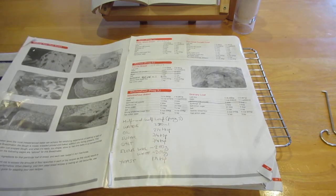In the old recipe book that I kept from our old bread maker, which stopped working, it suggested 1 teaspoon, but I actually made some French bread, used the recipe that was on the packet, and that didn't have any sugar at all. So you don't actually have to add sugar because the flour is complex carbohydrates, and that is a form of sugar, and it's plenty enough for the yeast to do its thing. So you really only need to have the basic ingredients, the basic ingredients of bread, which is flour, water,